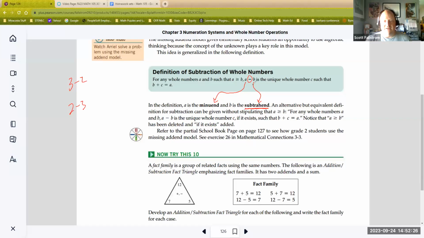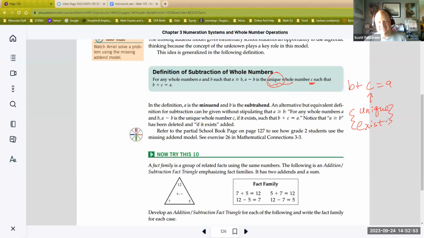You'll also notice in this definition, A minus B is the unique whole number C such that B plus C equals A. So B plus some number has to get me back here. That number has to be unique. It also has to exist, right? What we're saying is that there is a whole number that works, that exists, and there is exactly one. That's the uniqueness. So again, these are important definitions, especially if you continue on in mathematics. We want to lay the foundation for